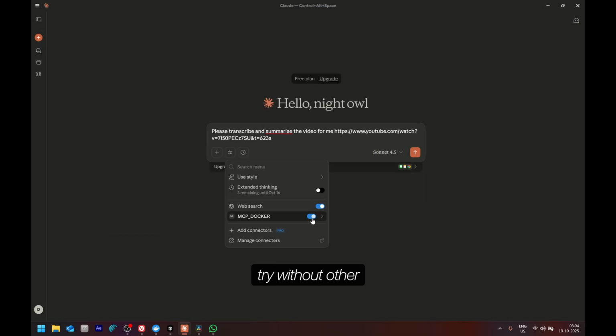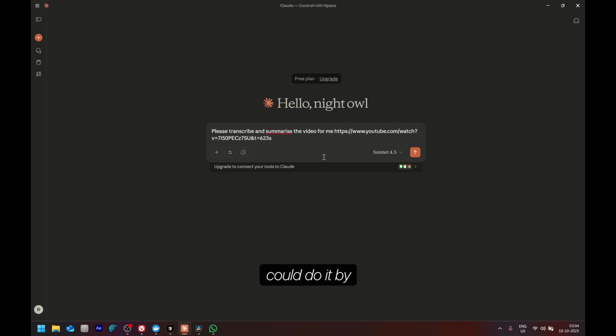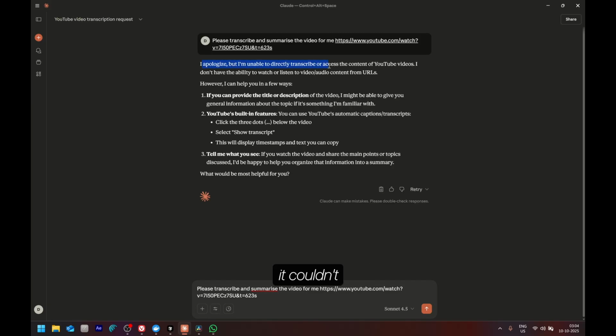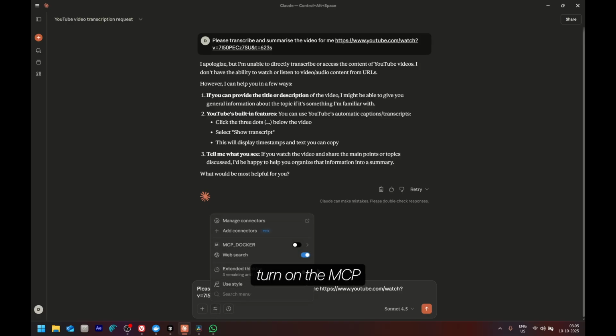So first we'll try without the MCP Docker. Let's see if Claude could do it by itself or not. So as you can see, it couldn't directly transcribe. It just can't do it. Now let's just turn on the MCP Docker, and we already have a